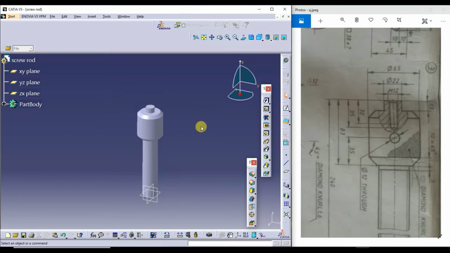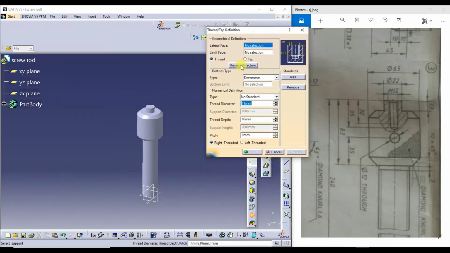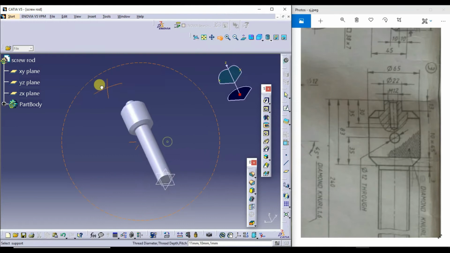So this is a 3D model. I need to create this and this one. Okay, next I need to create the threads. So what I do, first I'll create the threads. I'll go for tapping. Just I'll rotate this.